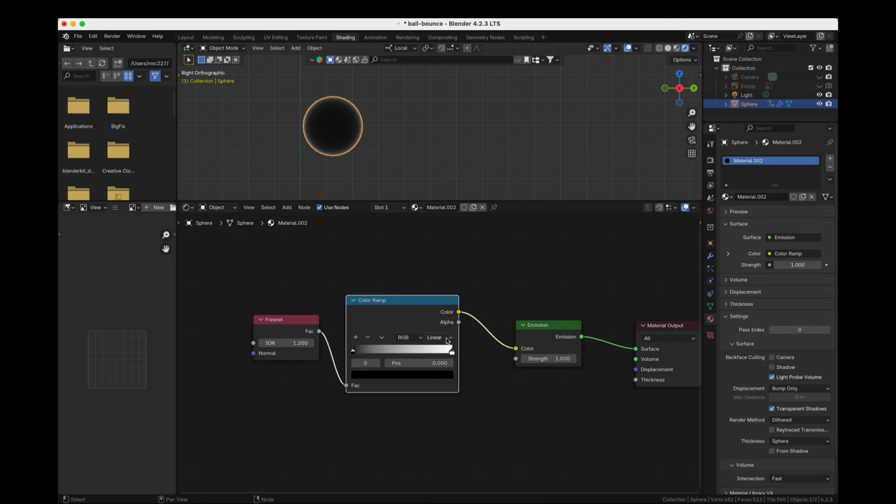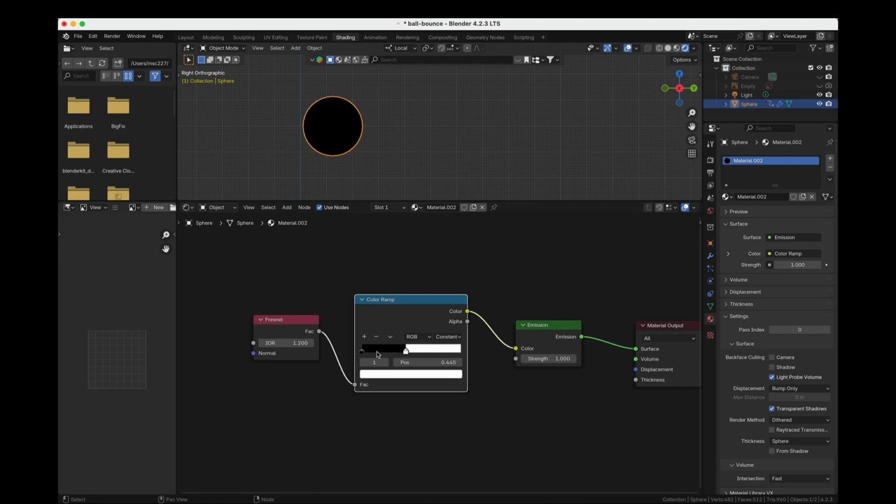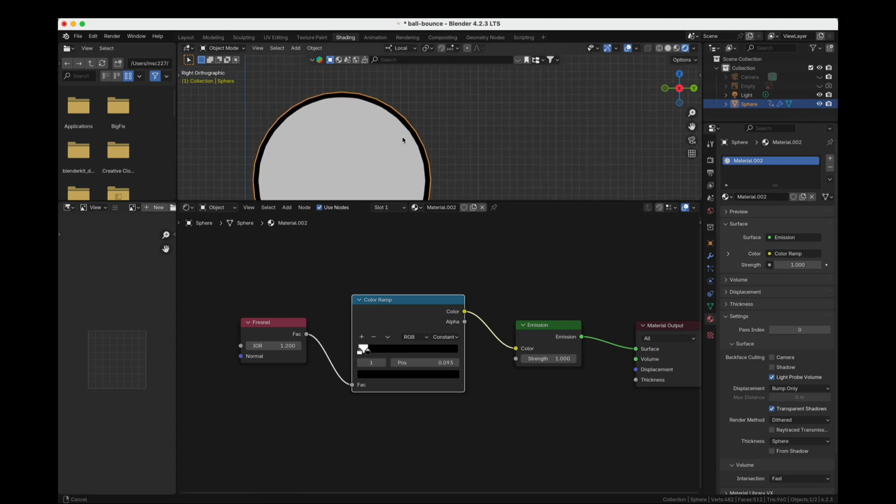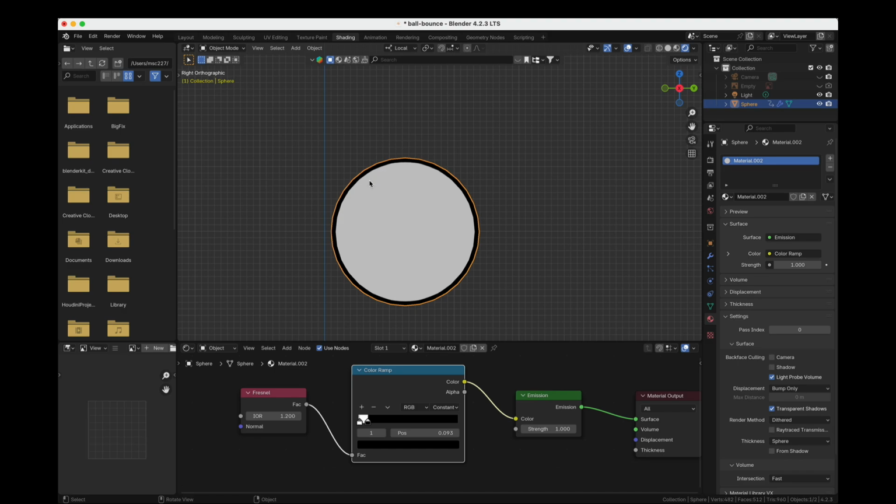So in the color ramp, we can change it from linear to constant. And essentially what that does is it makes the transition from one color to another immediate. So we have a Fresnel plugged into the factor and the color to the color in the emission. So we can actually take this black color and then swap it to the right. I'm going to move this white one to the left, and now I can drag this closer to the left. And then you'll see basically it's crushing the color differences down, and now we're starting to see that outline be